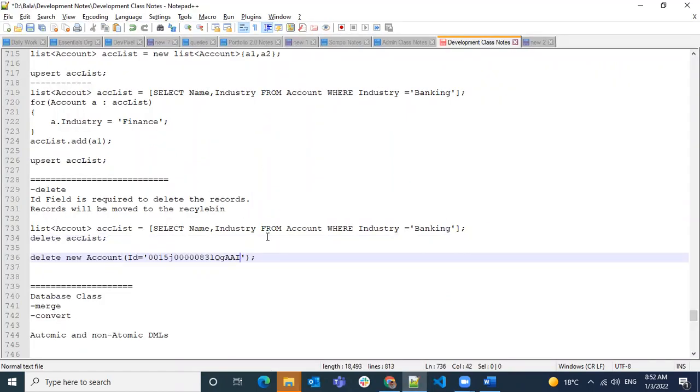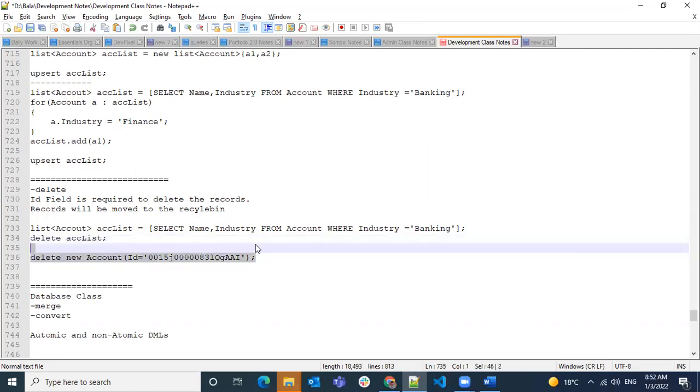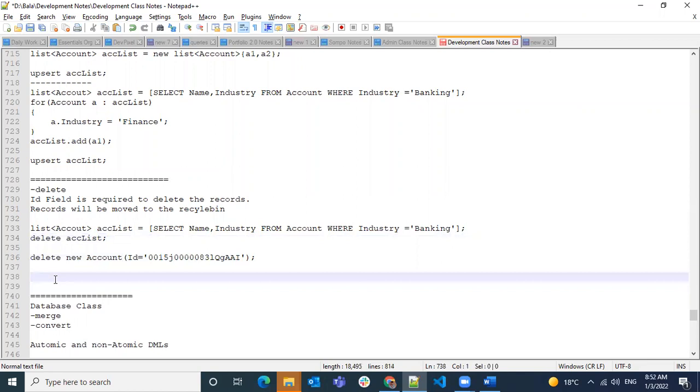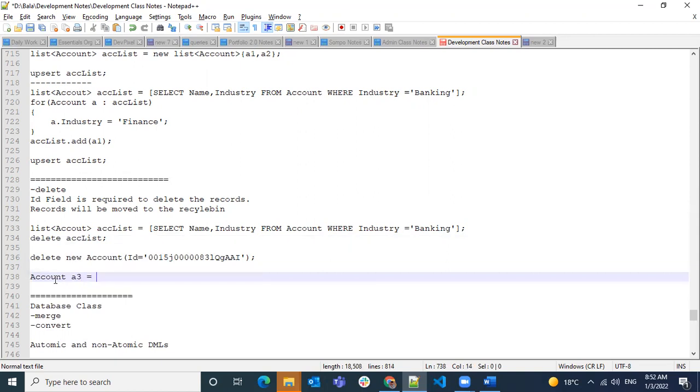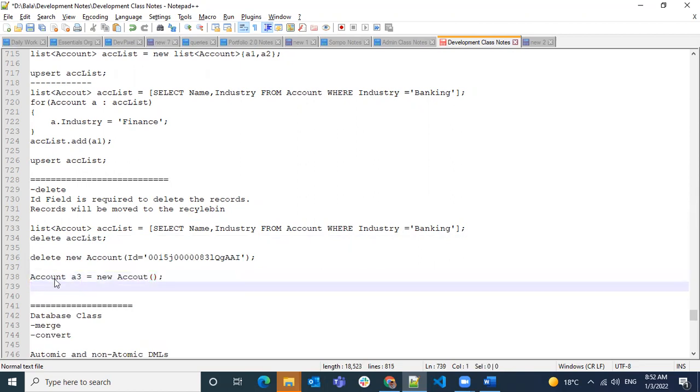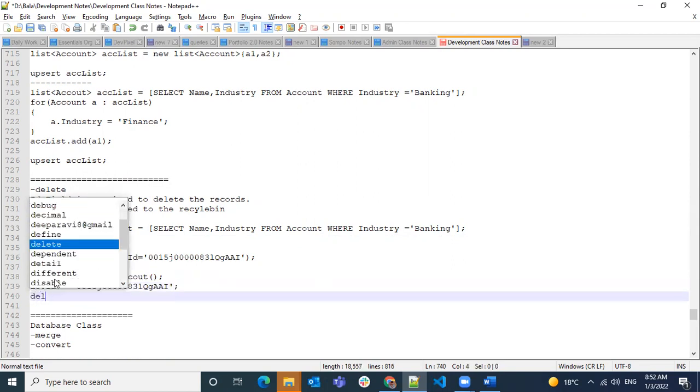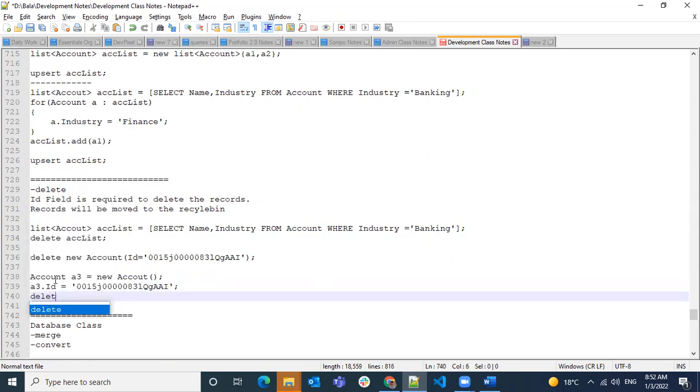Like this you can also do it, or similarly account3.id equal to, like this also you can do. But the thing is, the ID column is required to perform a delete operation. And once you delete it, it will be moved to the recycle bin.